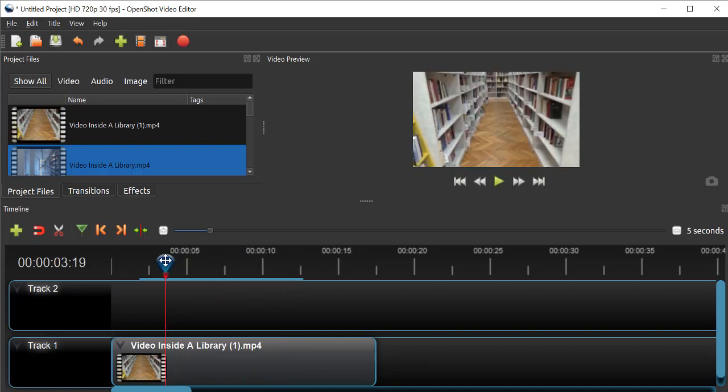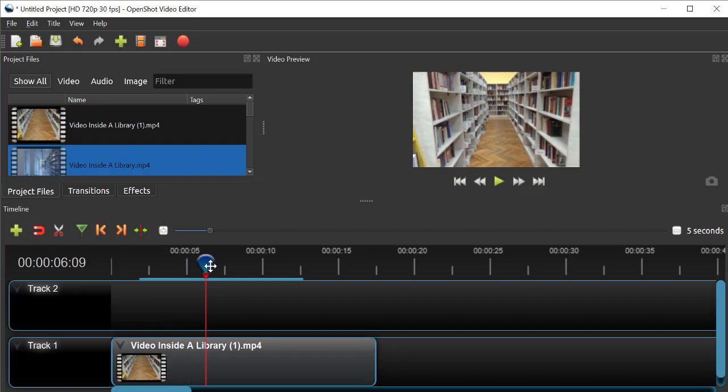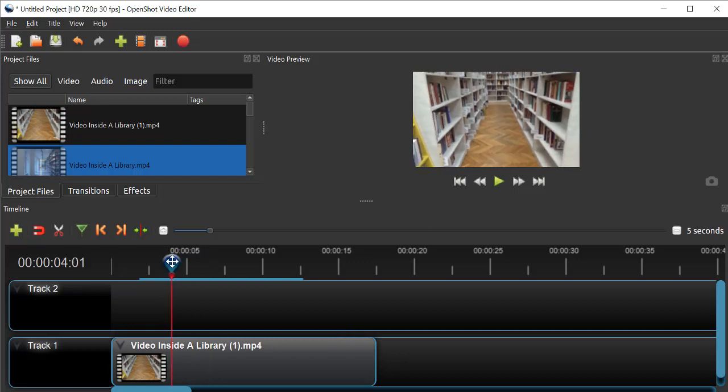I have to edit from here to here. I don't want this section, from here to here, I don't want these two sections. So what I will do, I'll cut it here.